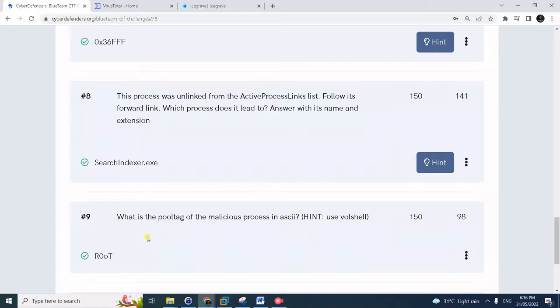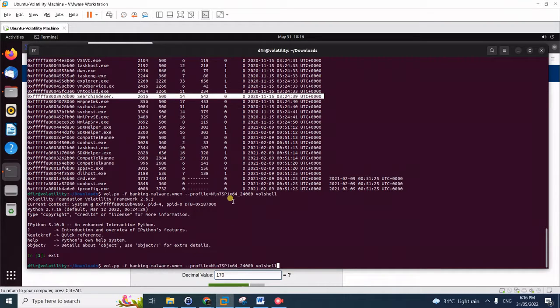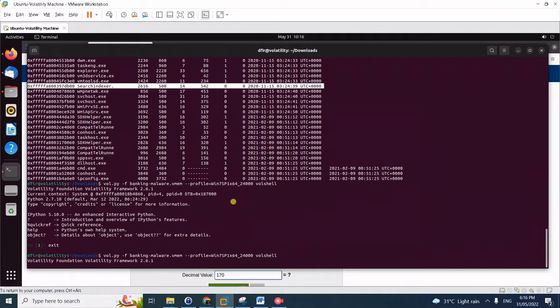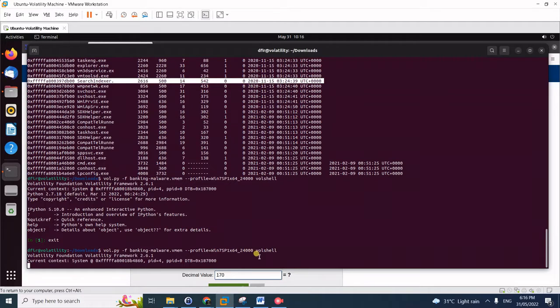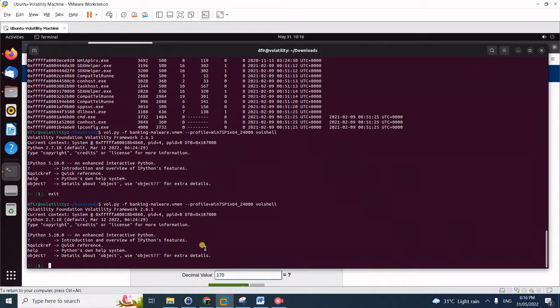Okay, number 9 is what I believe the hardest question of them all. If you're not familiar with Volatility, Volshell is actually quite an advanced utility within Volatility. So what is the pool tag? Here we will use Volshell. This is how to use Volshell: just the same syntax, and then use the plugin Volshell. And inside it,